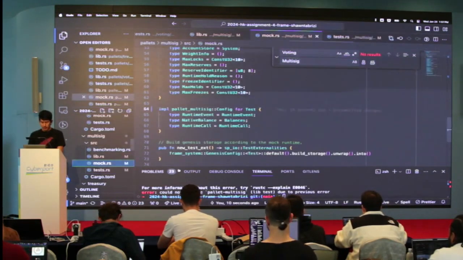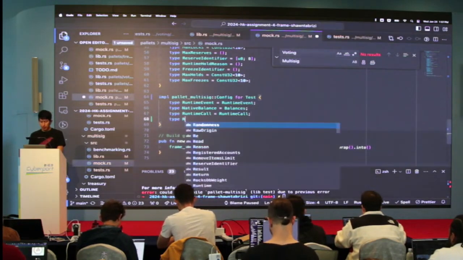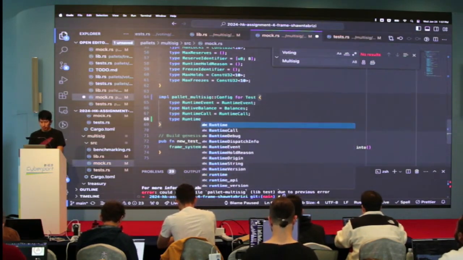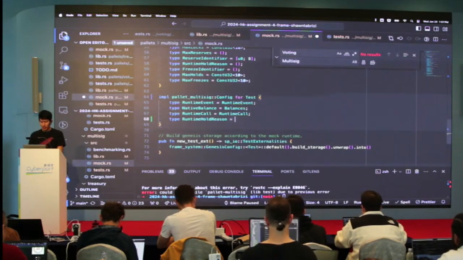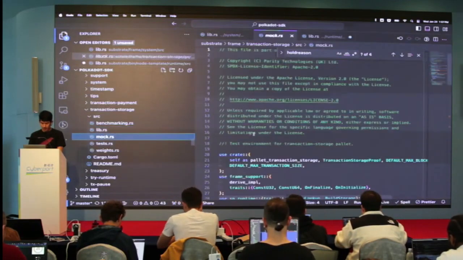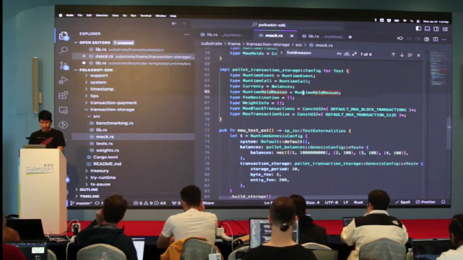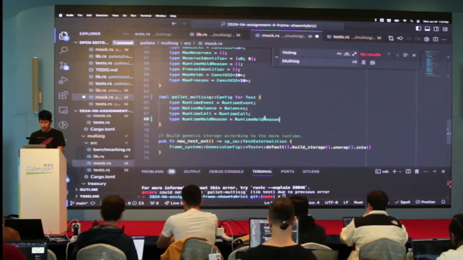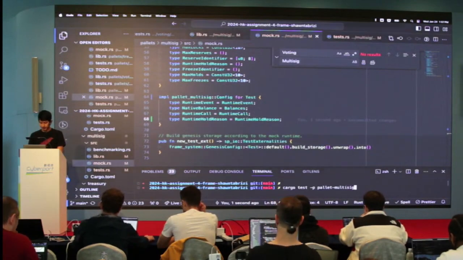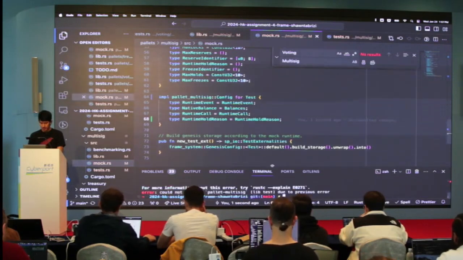Okay, so here I now need to include a new type, runtime hold reason, and let's see what the other pallet does in their mock. Runtime hold reason is just runtime hold reason. Okay, so I just do that. Almost there.